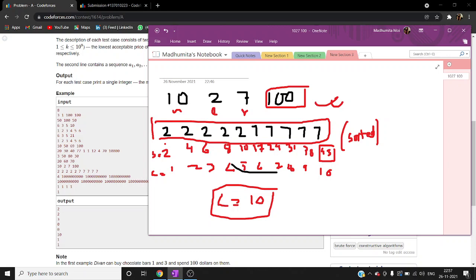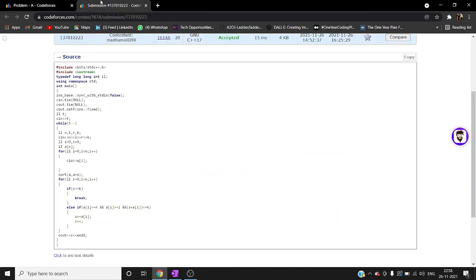If it is greater than or equal to L and less than or equal to R, and S plus that number is less than or equal to K, let's say this is array A, so S plus A of I is less than or equal to K, then only we can move forward and start incrementing the value of S. Now let us look at the code. It will become easier for you to understand.